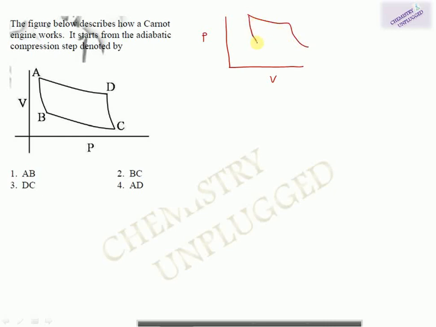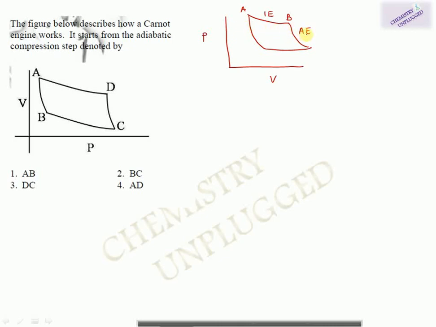First step is isothermal expansion process. I will denote it by IE. Next step is adiabatic expansion. You know that the curve is steeper for adiabatic expansion than isothermal expansion. And how can you find out which one will be steeper? You can use my course on thermodynamics.